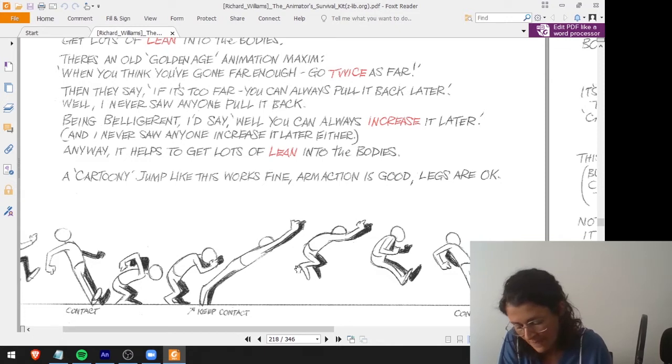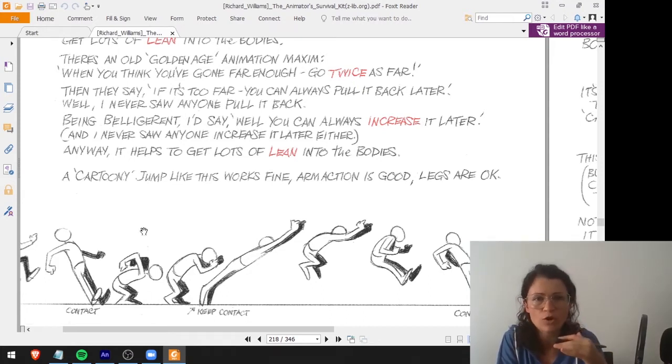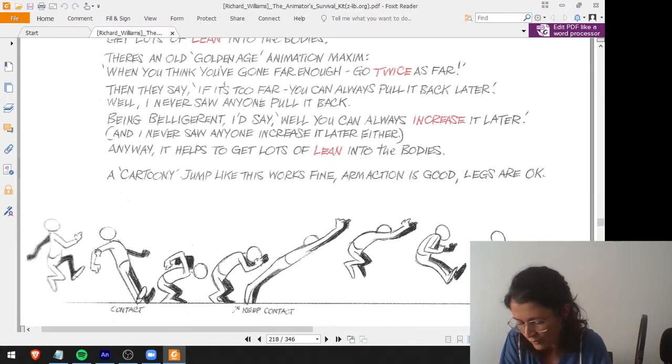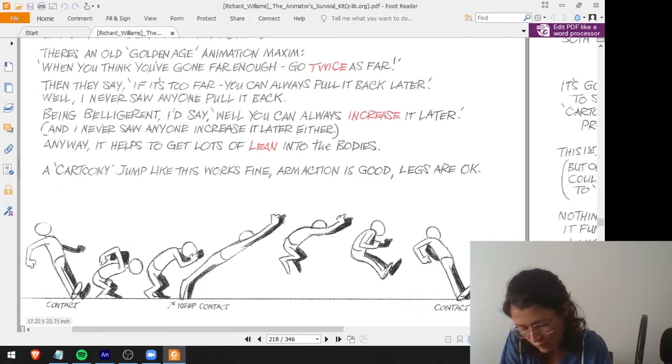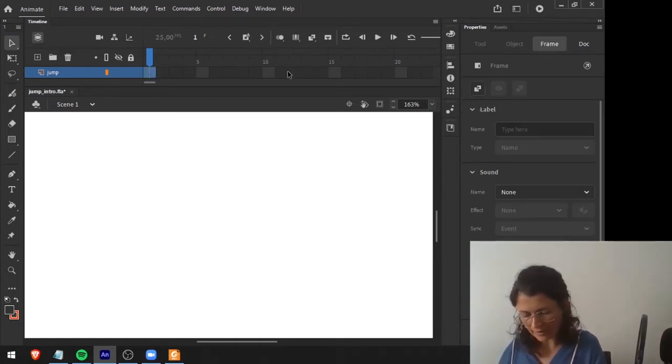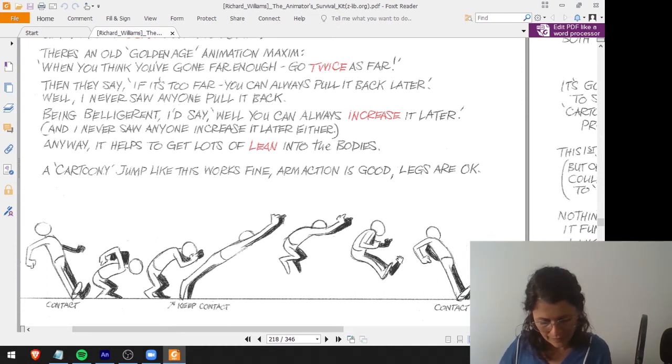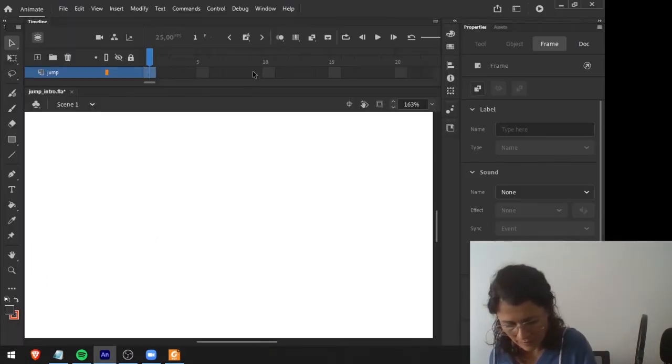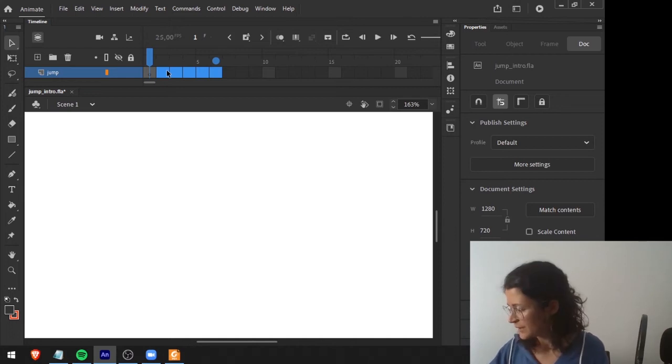Okay, so I think in a jump movement, you can't start here, neither here. You have to start here. You can start in a normal pose, like the character is relaxed or is walking, depending on what he's doing before the jump. So in this case, he comes making little jumps. Let's start here. So this is an extreme, and we will start with this pose. And after drawing this pose, I will go to this one, because this is another extreme. So I'll start here. I will have 1, 2, 3, 4, 5, 6 keyframes. So I'll just create them here.